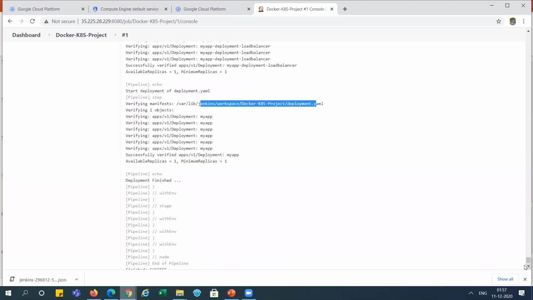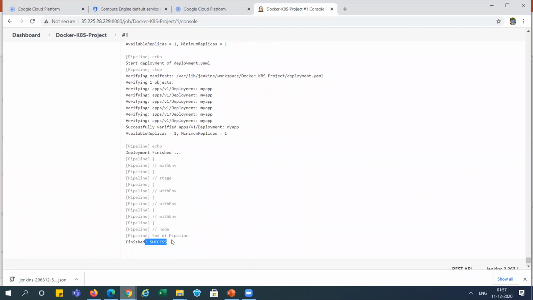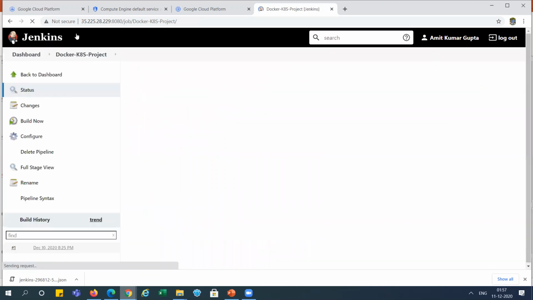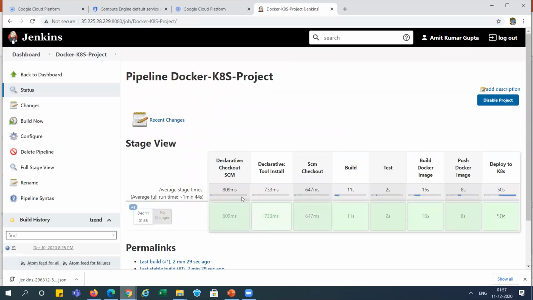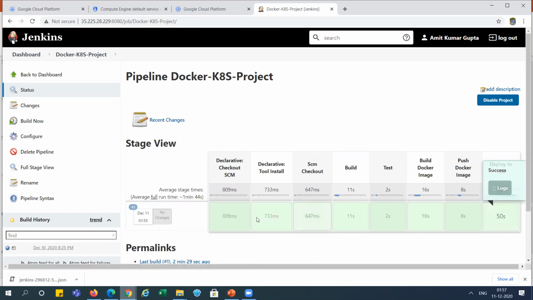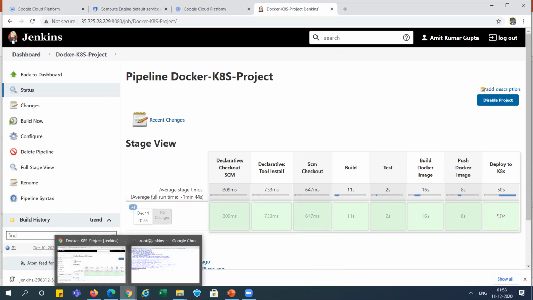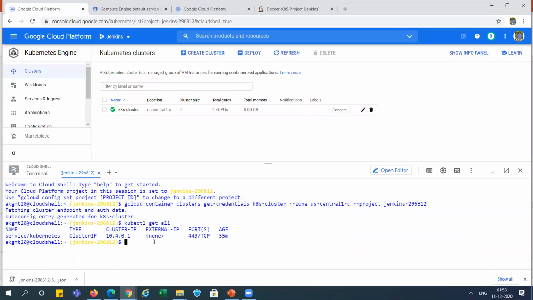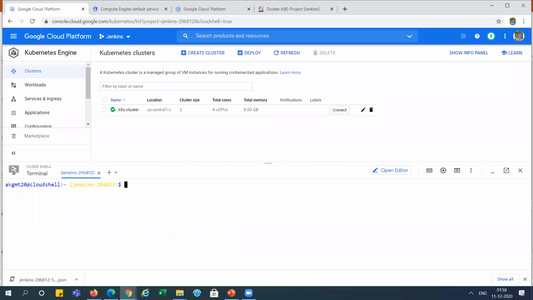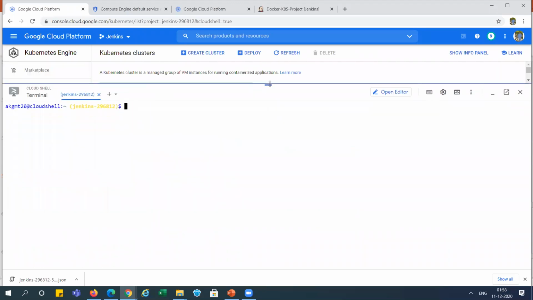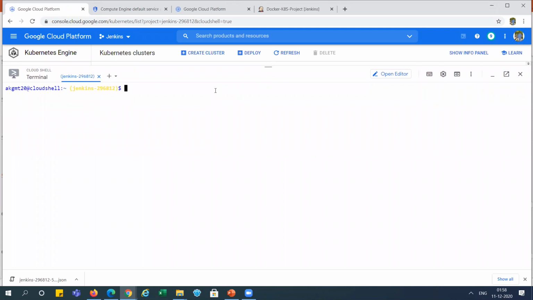Now you can see here, you can see the success, right? Now go here and see the phases also. You can see all those phases are completed successfully. It means it is created two services on Google Cloud. Let's see here. Let's watch. I'm just launching it, right? You can see here kubectl get all.